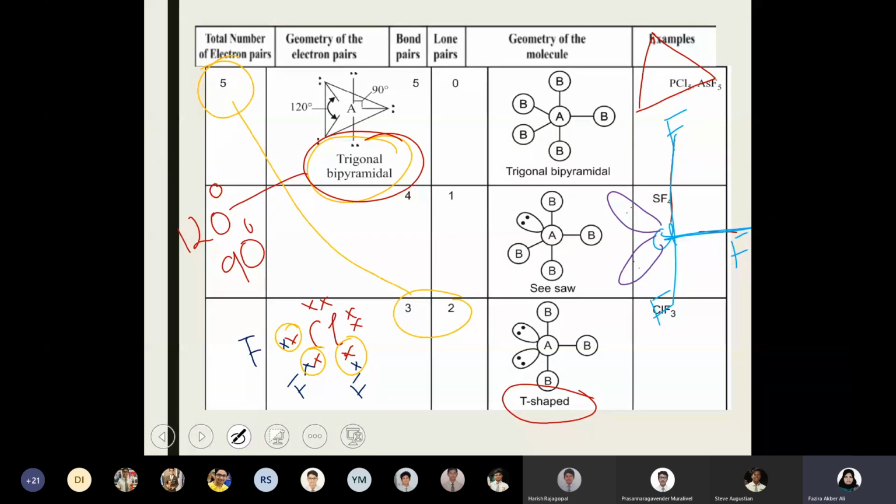The two lone pairs will occupy the positions with 120 degree angle because that gives maximum separation and least repulsion. The repulsion between lone pairs, or between lone pair and bond pair, is more than the repulsion between two bond pairs. That is why lone pairs are given priority, and they will orient in such a way that the final shape of the molecule becomes T shape.